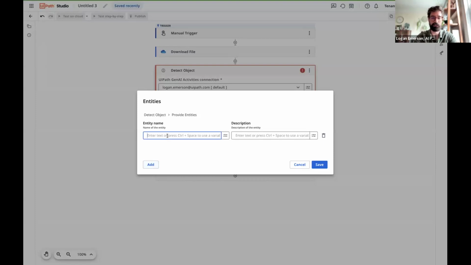So like I said, we're looking for a notary stamp. Maybe I'll add another one for signature. And we'll provide some simple descriptions of a notary stamp. So rubber stamp, circular, or sometimes